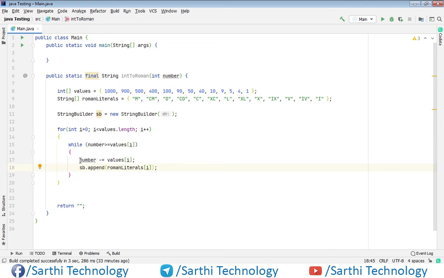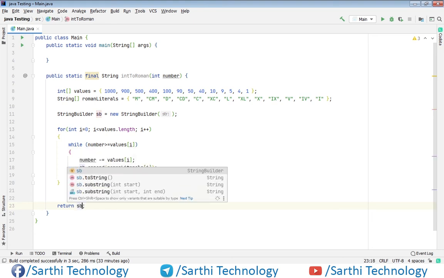At this moment the number will be 0, and we will append I. So using this we will get triple I, that is the equivalent value of 3. So this is the method that we can use to convert an integer into a Roman number. At the last we need to return, and we will return sb dot toString.